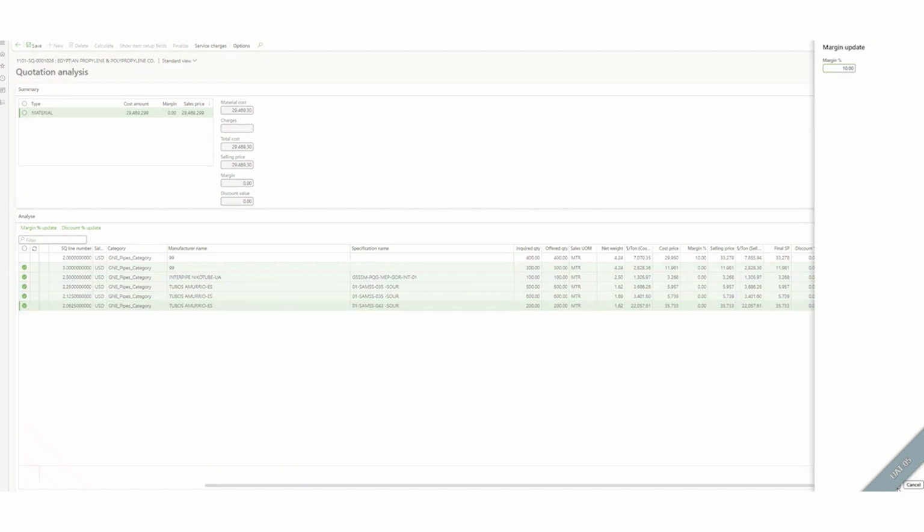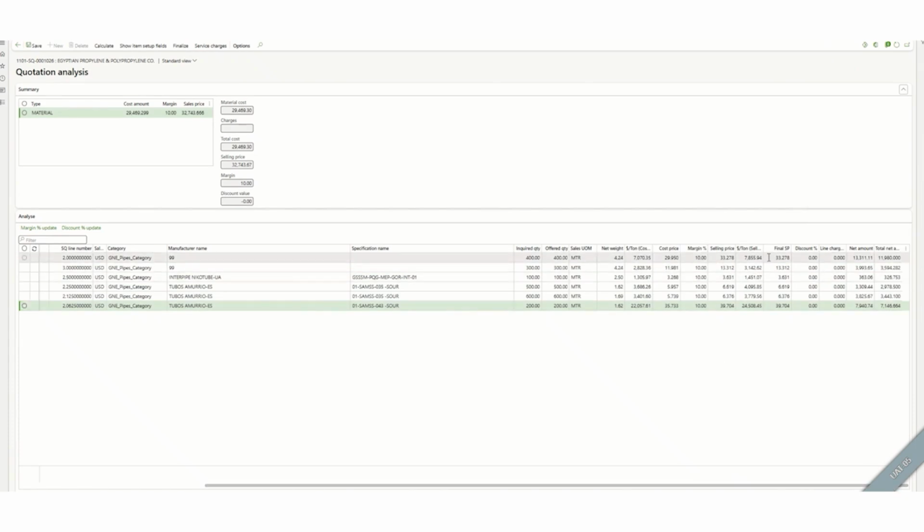So for this line also, I'm updating a margin. Automatically the system will calculate the margin and selling price. When I refresh it, as you can see here, it will show you the total cost, what the margin is that you're making, and what the selling price will be. This will be the offered price, and this will be the selling price that will be updated in the